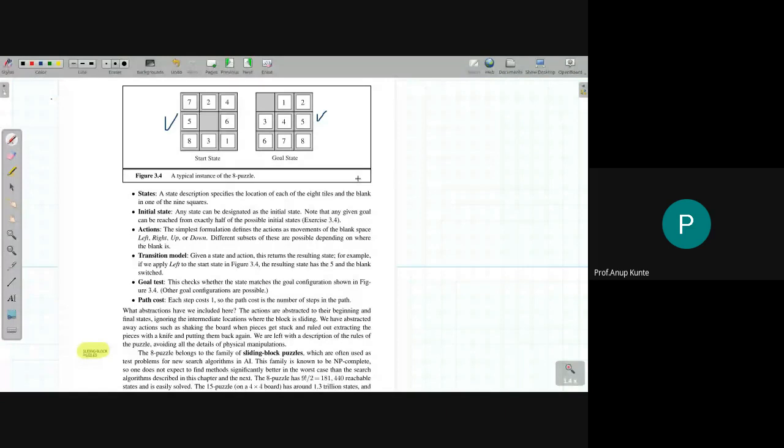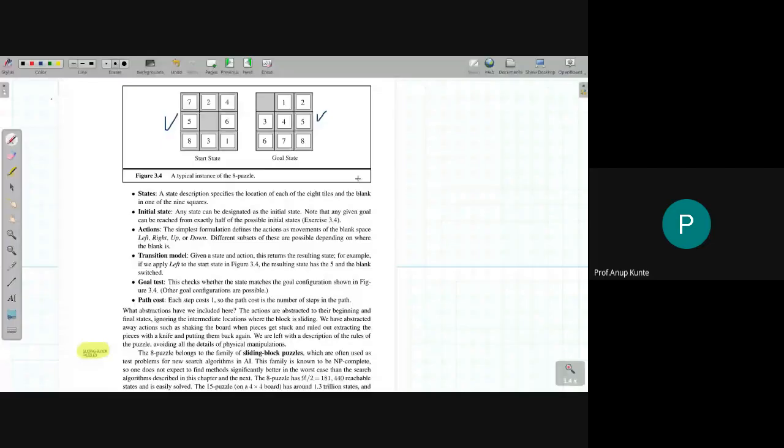Suppose you are traveling in the Romanian map, where you wanted to reach Bucharest and you knew that you were in Arad. That means you knew the initial state and you wanted to reach the goal state. The goal state was known to you. In this game as well, you are looking at a start state and a goal state. So that is one kind of scenario where you know what your goal state is.